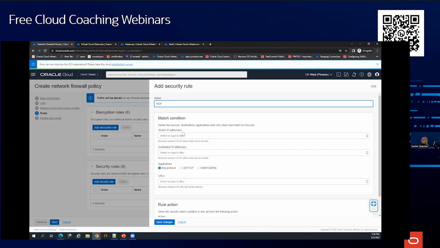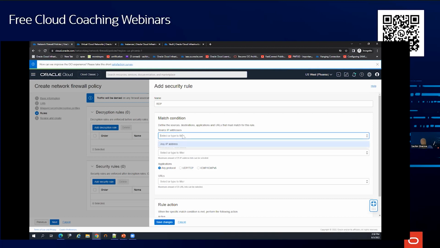For source, if you are having a public IP address range, put it over here. Put it in the IP address list and put that IP address list over here. I do not have any public IP address range at present. So I'll put any IP address over the internet. Either you or me can access it. But if you're having any IP address range, please put it over here. That is for the security.